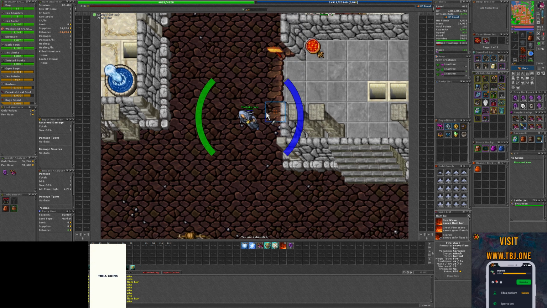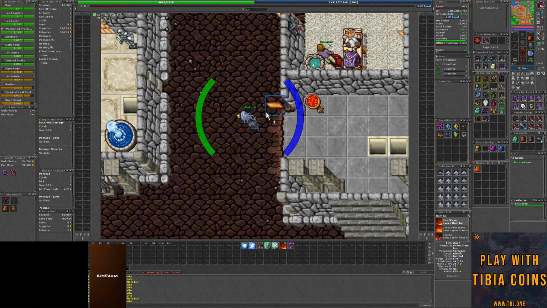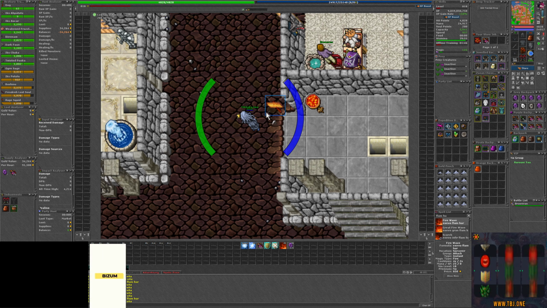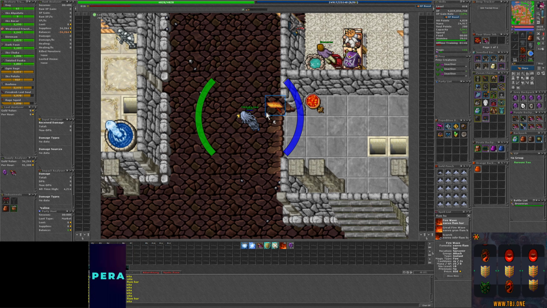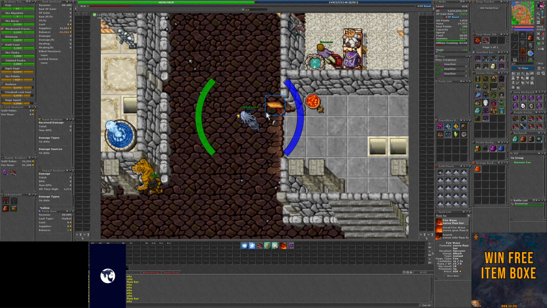This is really, really important. You have to find the way you can do this for yourself. It doesn't have to be the same hotkeys, doesn't have to be the same spells, but you have to find a way to do different actions with different fingers. That's pretty much what this is all about.